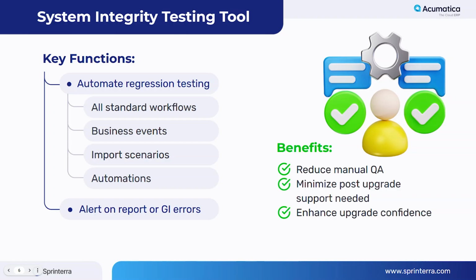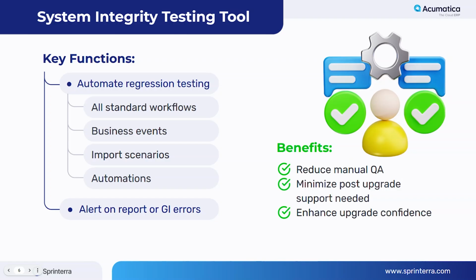So what it does is it goes through and it automates the process of testing these features. So it's going to process sales orders through, it's going to run your reports, it's going to run your GIs, it's going to test your business events, test your automations, test your import scenarios, all of that. So it takes the manual testing that would typically be performed on your standard processes and it turns it into